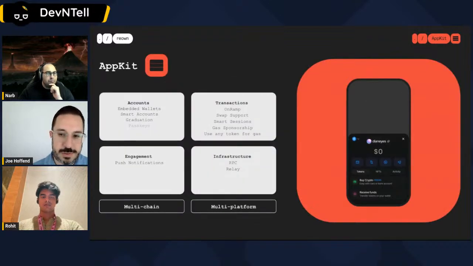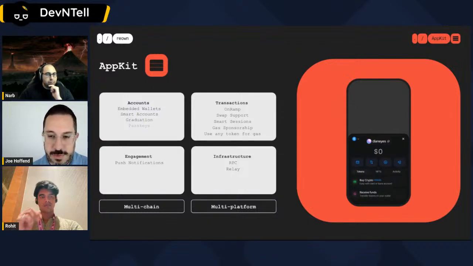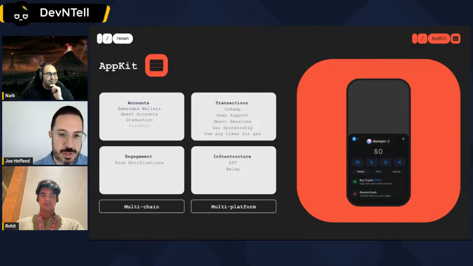So as an example of what it's got available out of the box, there's a little bit more than just the screen shows, but just some things to highlight. In terms of users and where they're at with an account, they can create an embedded wallet if they don't have one yet. We've got smart accounts enabled, which I'll touch on more just shortly. We've got what's called graduation. So if the user creates an embedded wallet, they want to take over the private key and do self-custody, that's available. Passkeys is grayed out because it's coming soon, but we'll have passkeys integrated shortly.